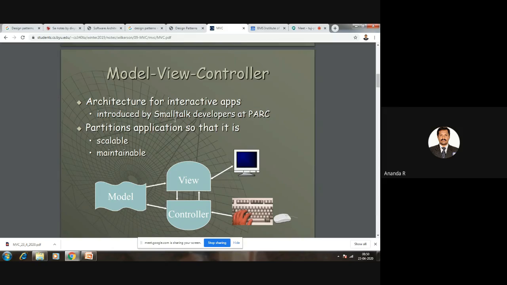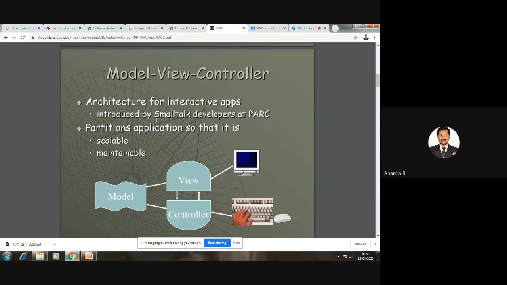Smalltalk is one example of an application developed using the model view controller architecture pattern.